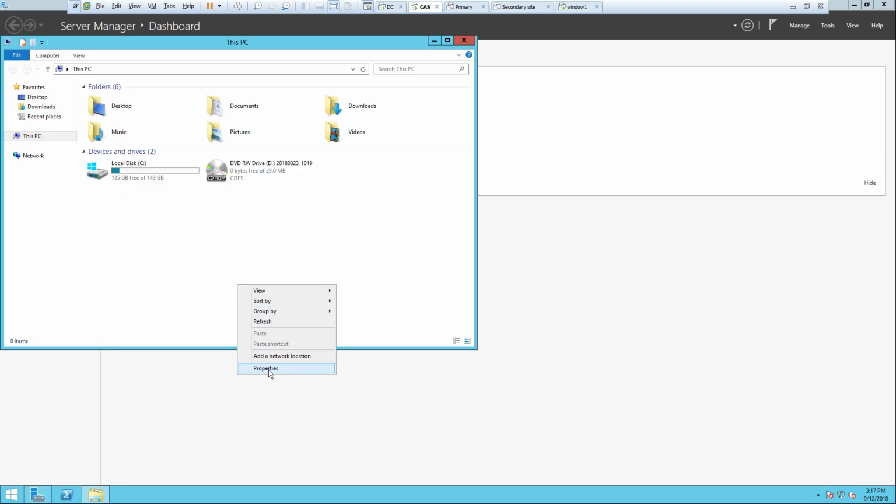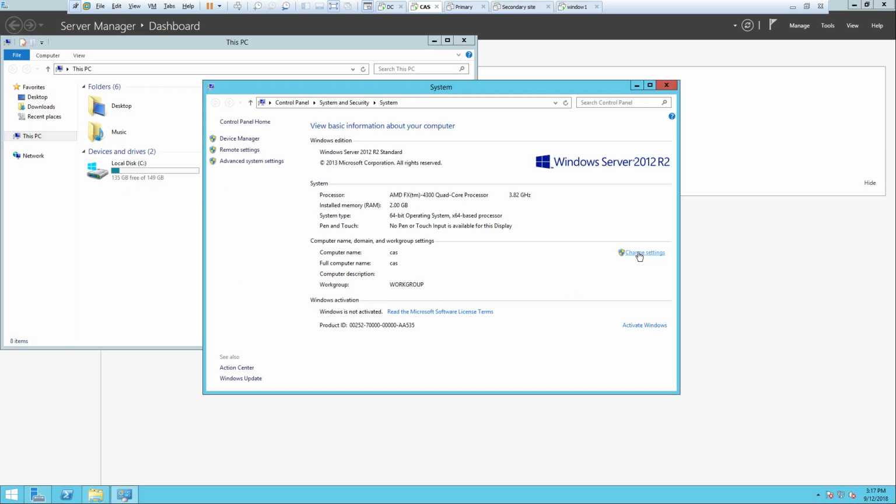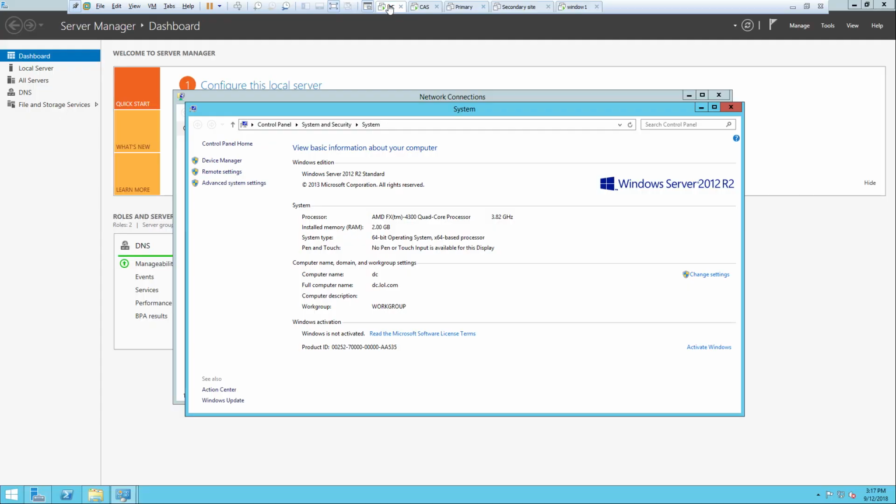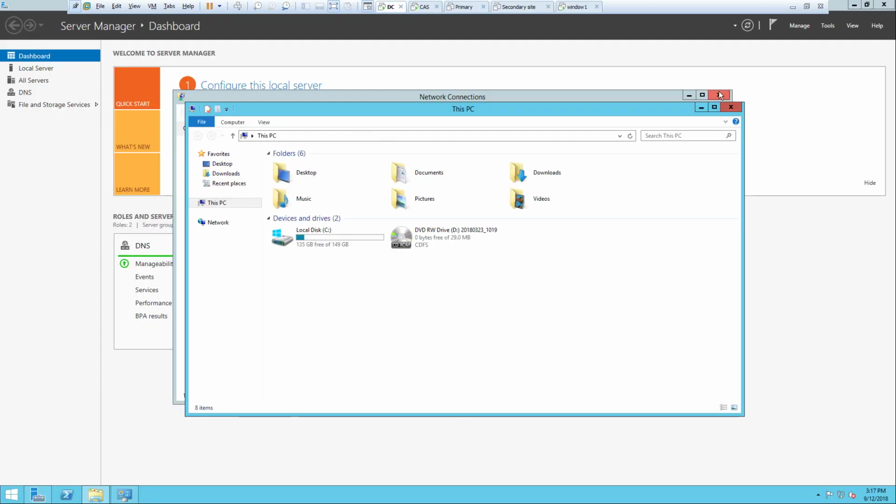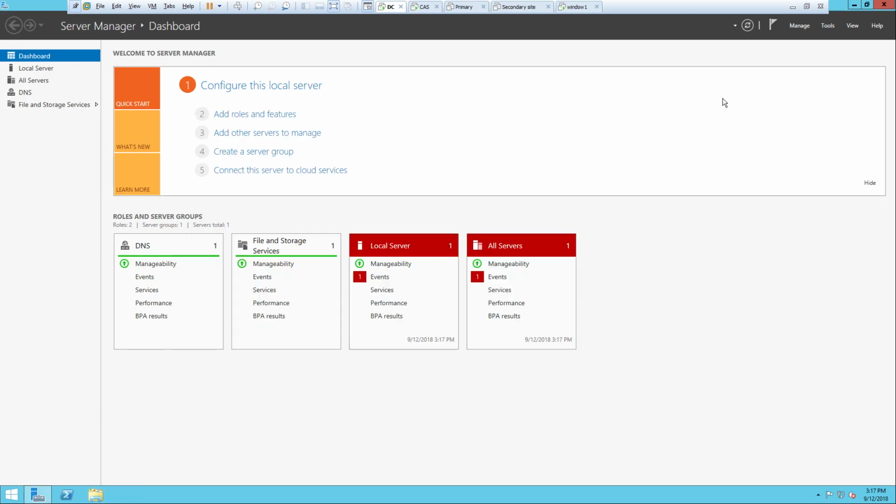Here the name is also changed to CAS, so it is also fine. So the computer name has been changed, network settings have been given, and now the third step is